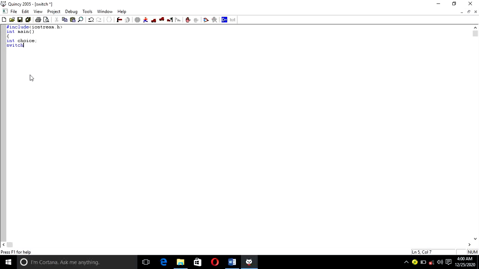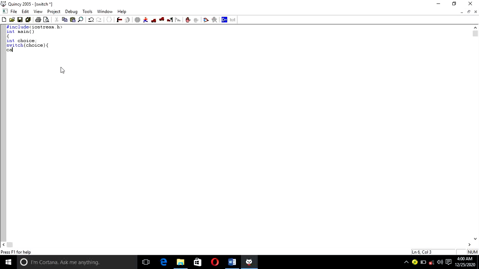So open the bracket, then write the expression, that is choice. Then close the bracket. After that, we need to open a curly brace because there are so many statements that I will execute under switch, so that enter,